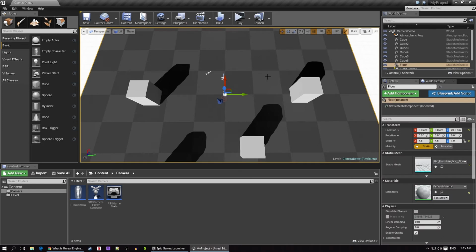And also from this location you have access to the content browser, which is this window down here, and it is the library of all of the content within your game. I've got some very basic things already set up in this particular project, which we'll go over in more detail in the next video, but for now let's just open up the camera actor, which is actually our player character, and see what exists within.